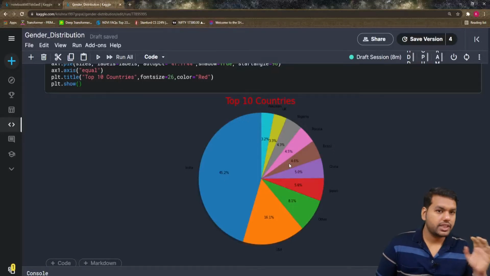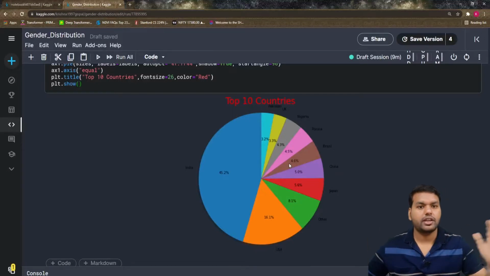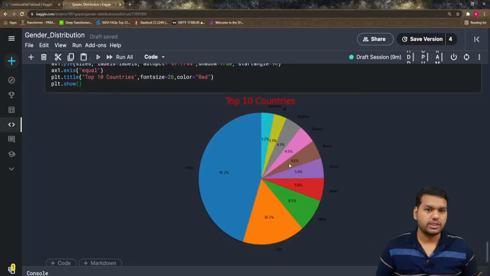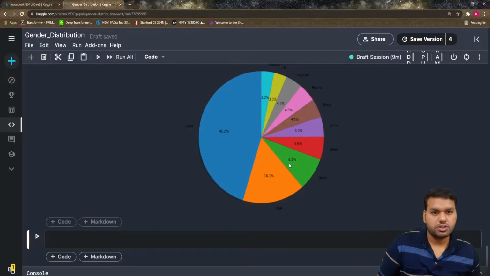So pre-processing in data analysis is one of the most important concepts. It's not that we get the raw data and start building the visualization. We have to clean the data as much as we can. That makes much more sense compared to the raw data, because if you compare the first pie chart and the second pie chart, you can see the UK versus the United Kingdom with the big name, and you can interpret it easily. Now let's move further in this visualization notebook.